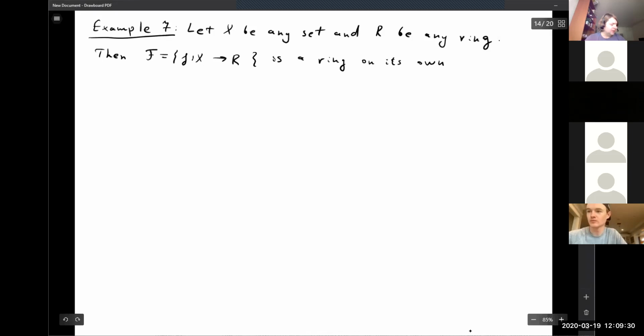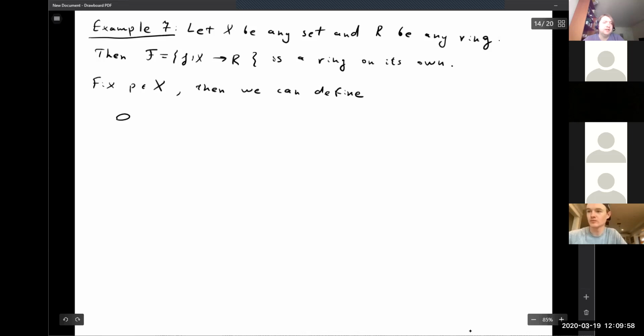And let's look at the following homomorphism. Let's fix a point P in our domain X, in this common domain for all functions. Okay, so then we can define